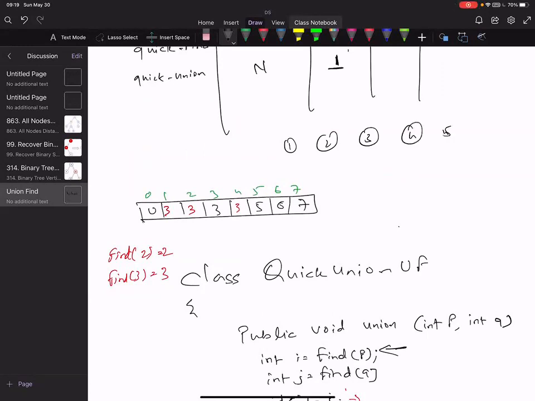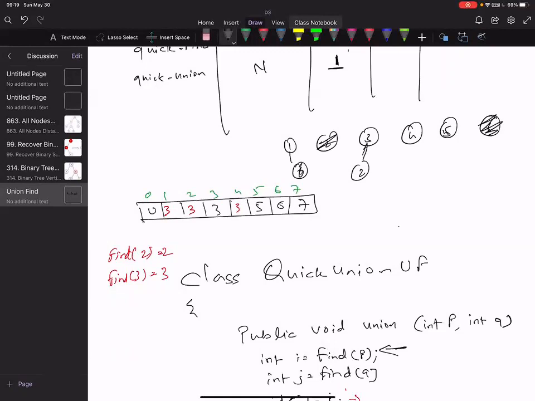Now, when I say connect 2 to 3, I did this, right? Then we did 3 and 1, and then 6 and 1. But before I do 3 and 1, I'm going to do 6 and 1. So I did this, okay? 6 and 1. Now I say connect 1 and 3.